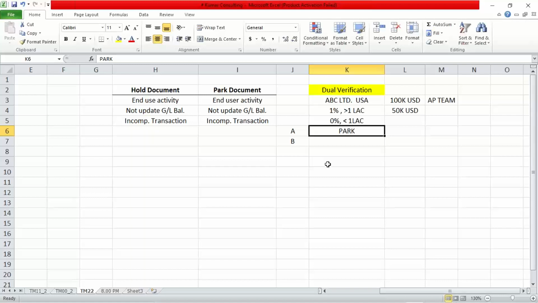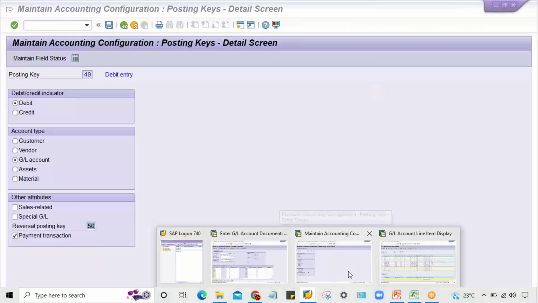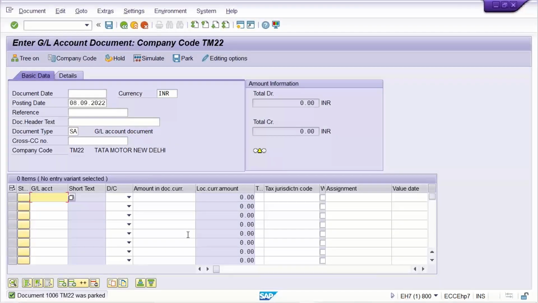Then document number 1006 was generated. Now what is happening, guys? User A is going to inform another user B, through internal communicator, through email, whatever it is. So now user B is going to post these transactions. How? Let's suppose we use